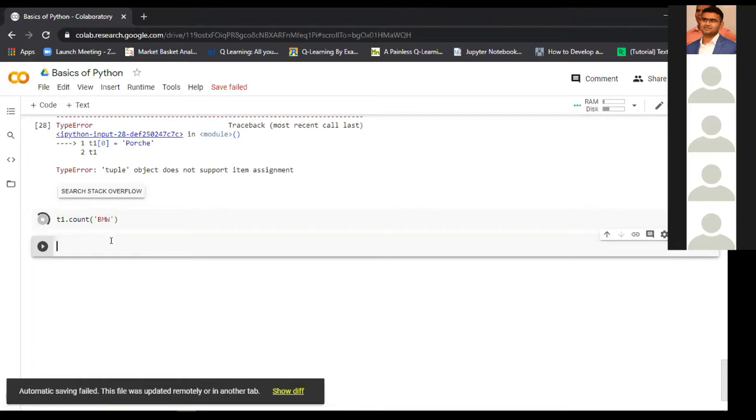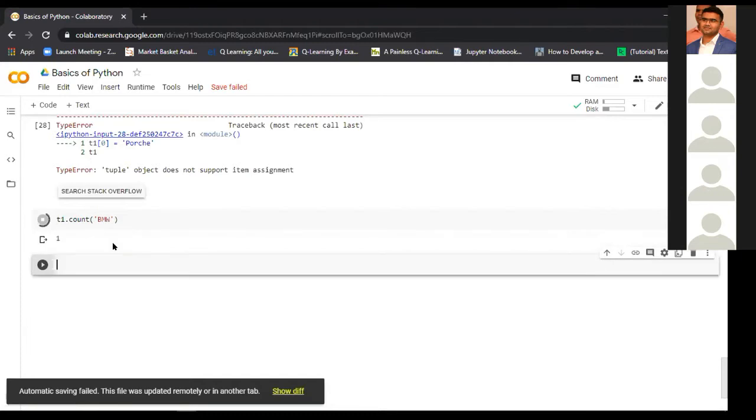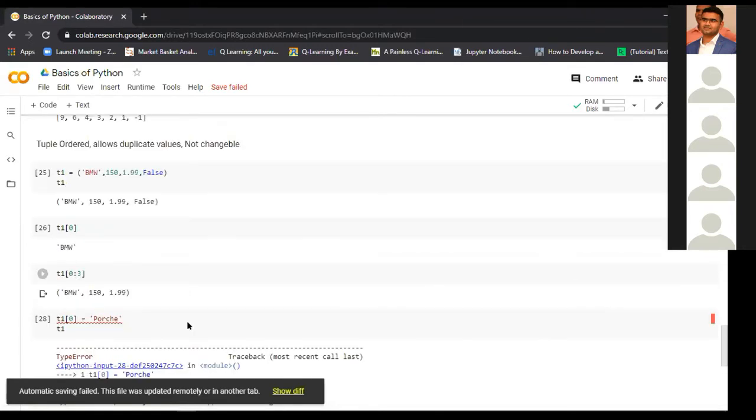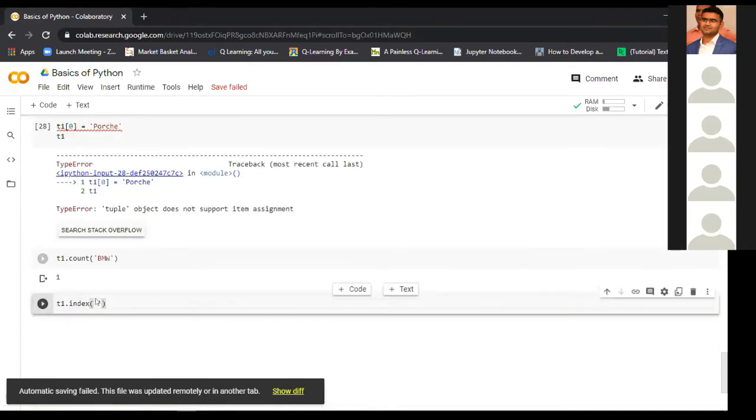Yes. So there is one more method for the ordered collections, or ordered iterables. What if you want to check the index value of the BMW? We know that BMW is the first element in the tuple, so its index value is 0. Let's see what index value we get.